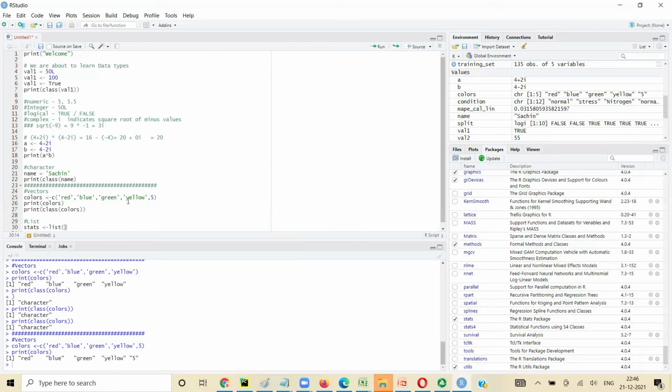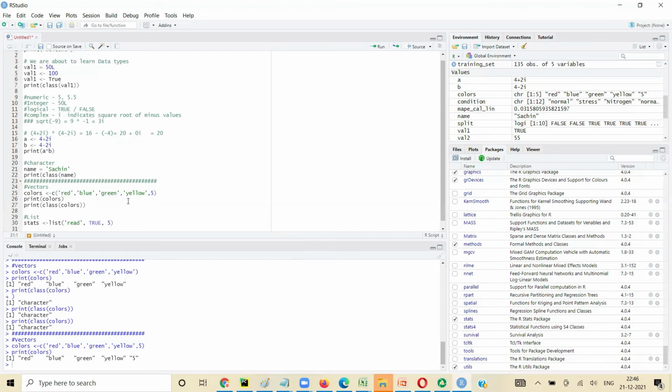Okay, so say list. Now list can have your colors. It can have a logical. It can have a numeric. Okay. So now when you print, say stats,